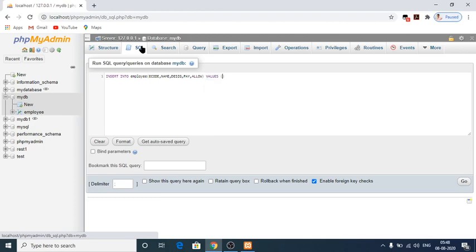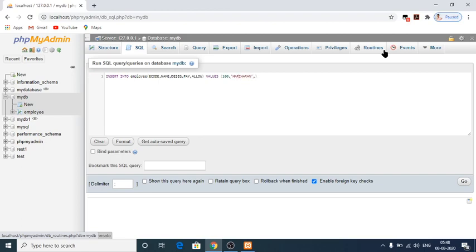For the first time I must specify the fields. The second time there is no need to specify that, we can directly include the values. So 100, comma, name Hariharan, comma, it should be in single quotes.